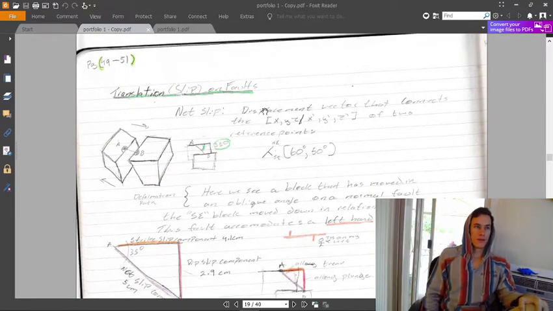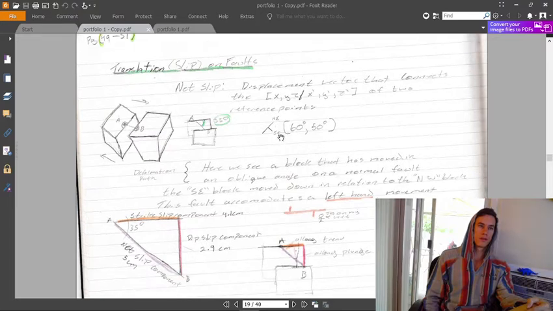Translation, slip and fault. Net slip, the displacement vector that connects the x, y, and z to the x prime, y prime, and z prime of two reference points. So right here, this would be an oblique slip, right? Yep, it's an oblique slip. It doesn't go with the strike, it doesn't go with the dip, it goes at an angle, portions of each. So it's 35 degrees down from where it would be if it went from the strike. And so that's the 60, 50, southeast. So 35 degrees from 90 would be like,